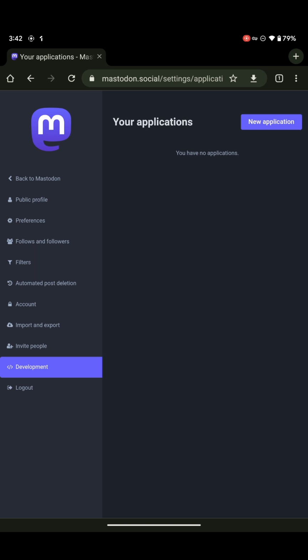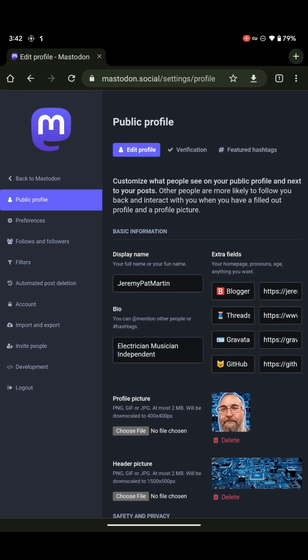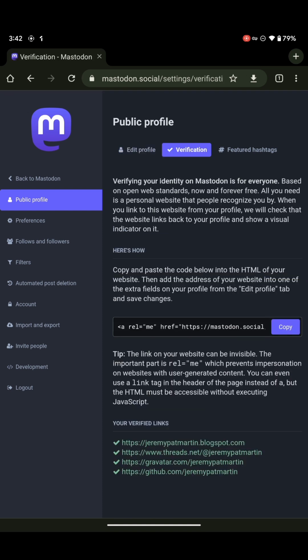Select your public profile, and I'm going to show you how to verify your websites on Mastodon.social. In the extra fields, you'll see that there are 8 boxes for you to put text in. The one on the left is the title box, and the one on the right is the link box. We're going to go up and select verification, and in the middle where it says copy, there is a text box, and you need to copy that entire code and make sure that it is not broken when you use